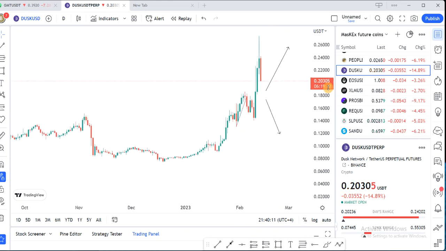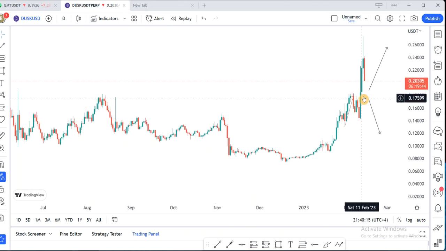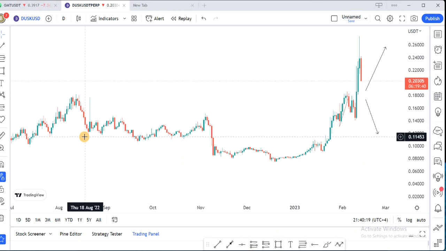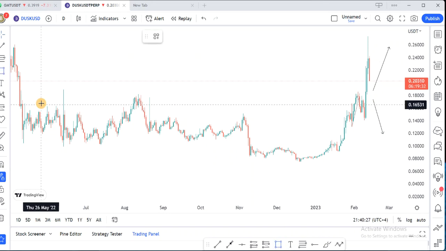So guys, this is what happened on DOGS. You can see here that my two lines are still here. I did something crazy, man. So guys, what did I do? The same strategy: breakout and support and resistance. A combination of breakout, breakdown, support and resistance. A good strategy to make money from the crypto market.